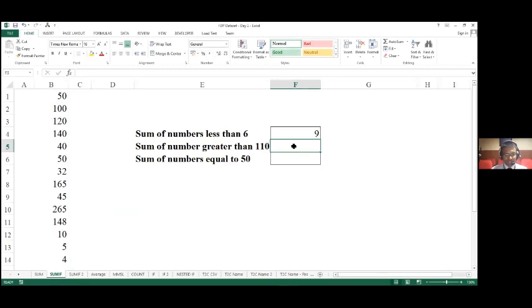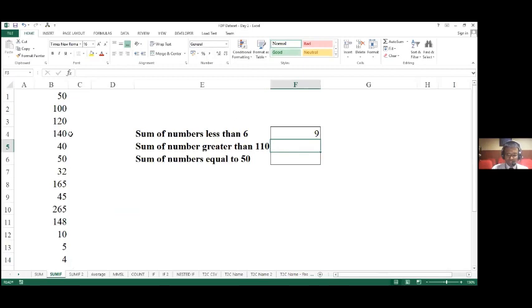In the next example, I want Excel to sum up numbers which are greater than 110. So in this series, I want Excel to sum up all the numbers which are more than 110. So how do I go about this? I will have to use the functionality of SUMIF.